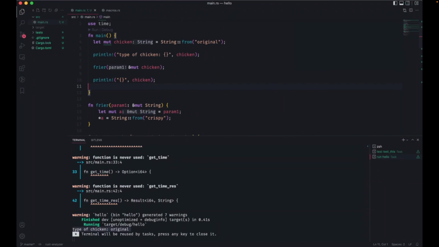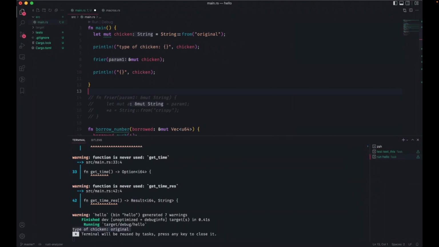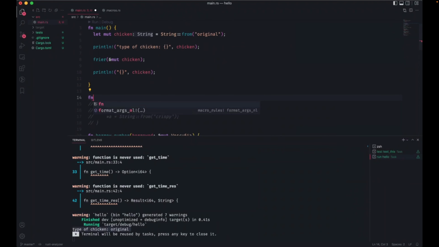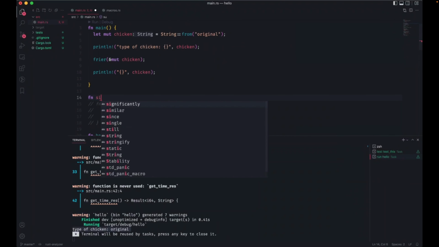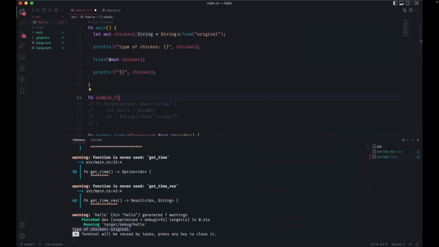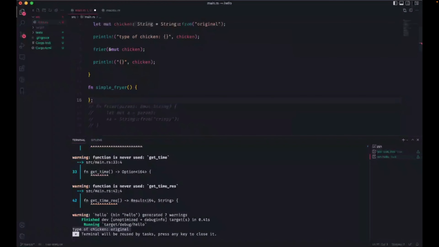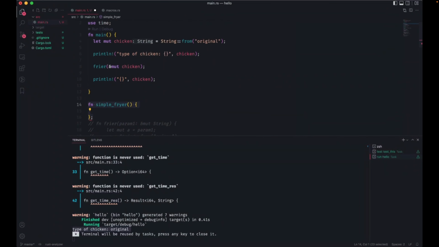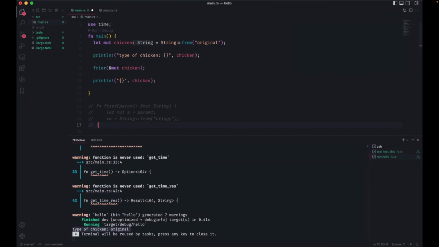So there are a few ways that we could do this. So let's do, and I think, Sirach, this is the right way of doing it, a simple fryer. Okay, let's go one step at a time.